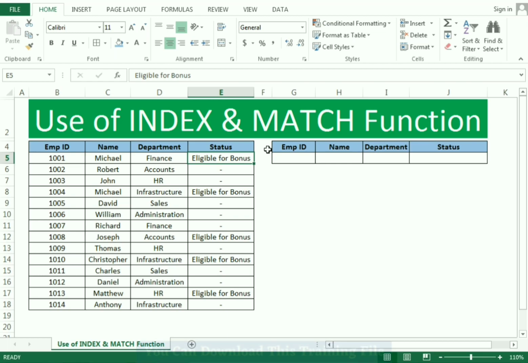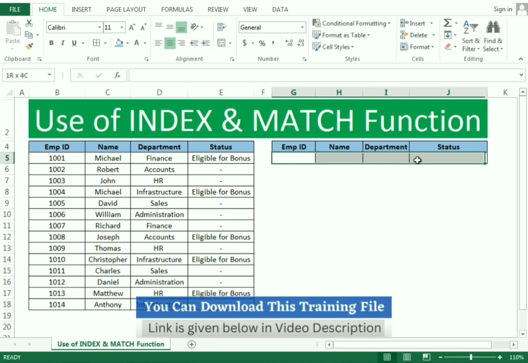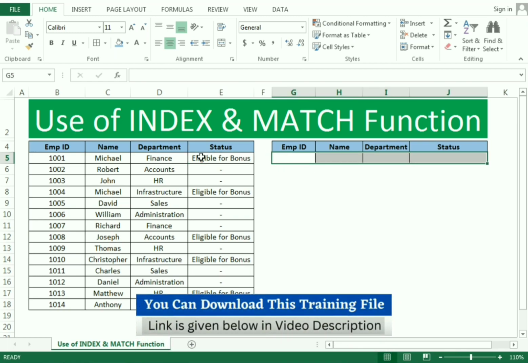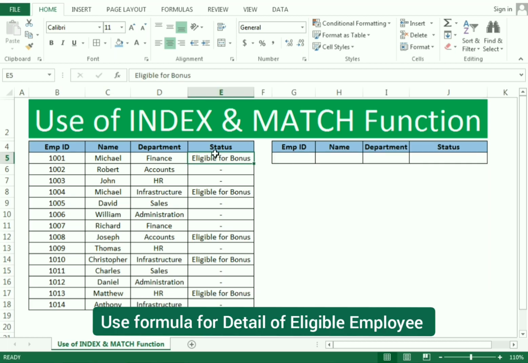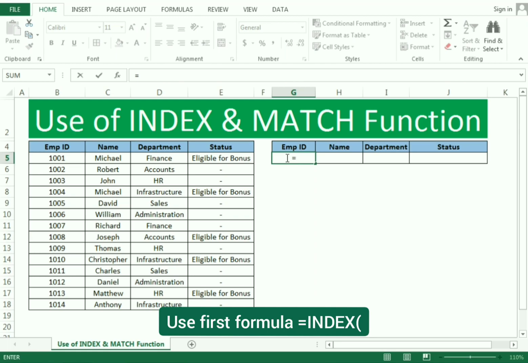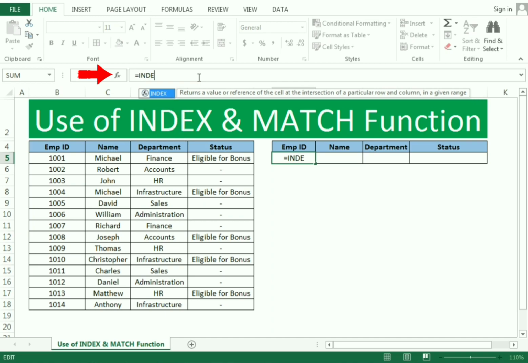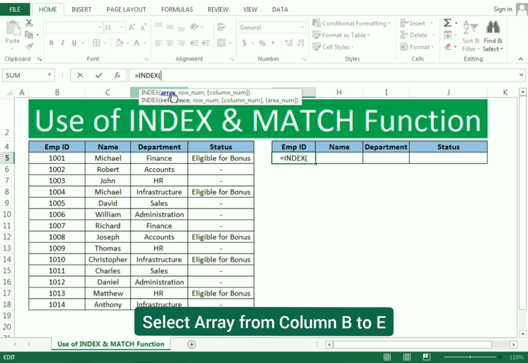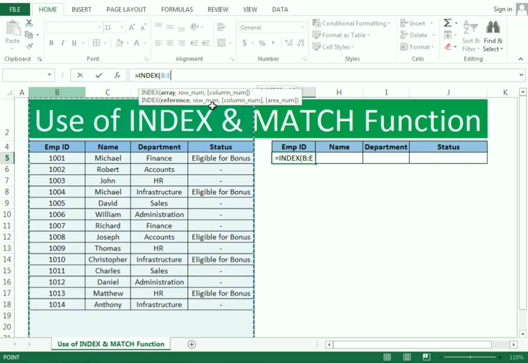We need to use the INDEX and MATCH functions to identify the data of the first employee who is eligible for bonus. So how can we find out? We simply need to use the INDEX and MATCH functions. We use equals to and go to the formula tab to write our function, which is INDEX, bracket open. Now it says the array, so for the array we select columns B, C and D till E,